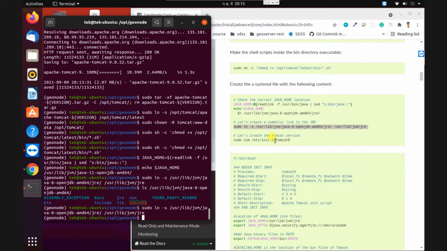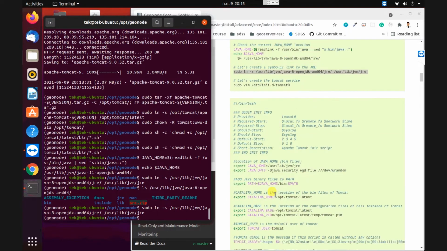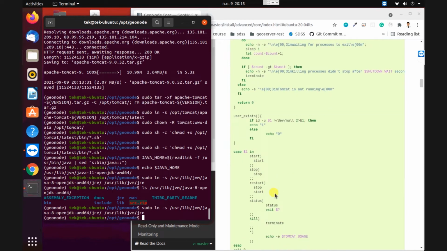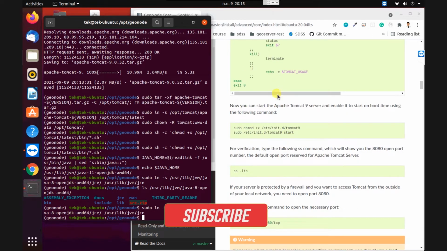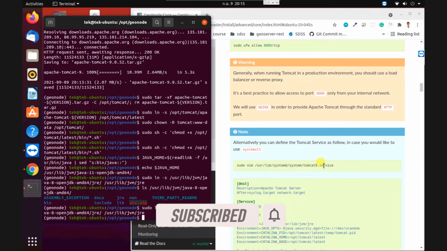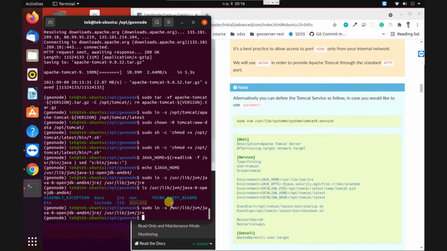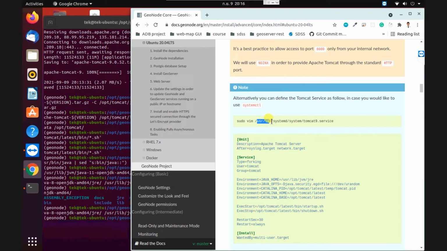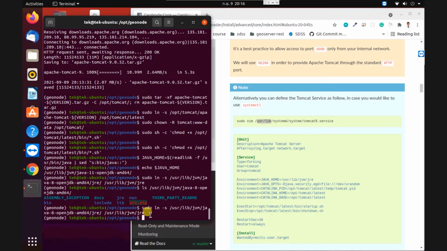can actually create the Tomcat service file like this, but I think it looks really long, and I don't want to create something like this. So for that actually I can create the alternative way. I can create the service file like this, and then after that I can simply run the Tomcat. So for that actually they are using it in the user lib directory, but I want to put it inside the etc directory because it's the service file. So sudo vi etc and then